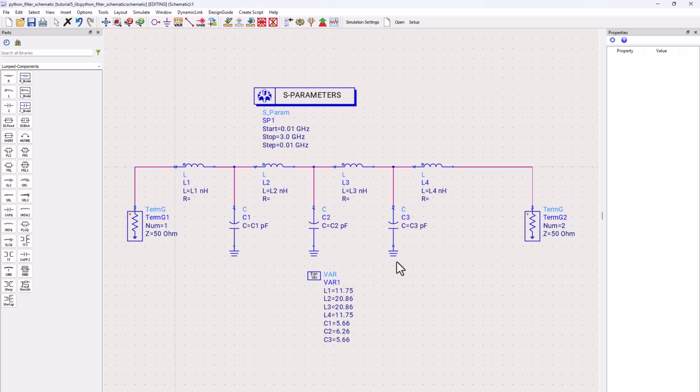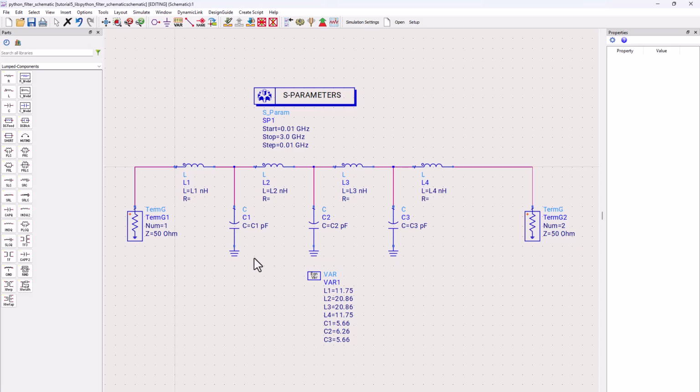Now one thing to note here, although from practical aspect, you can see the inductor and capacitors used here are ideal in nature. That means they have a very high Q factor. In real practical application, you will always use a vendor component that has a finite Q. Now if that is needed, you can do two things. One, either in your Python script you can account for that Q factor if you know the formulation available, or